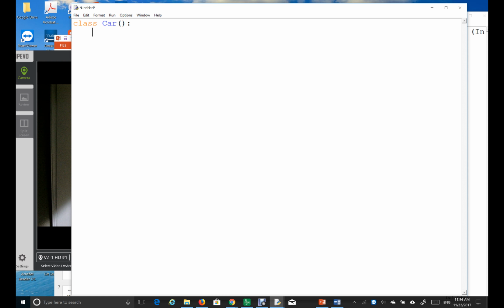constructor. So the constructor always starts with def, because it's a function, and double underscore init double underscore, and then open parenthesis and close parenthesis, and then self, and then car_model, manufacturer, and then car_owner, and then speed, right? And then make sure you put the colon. Now,